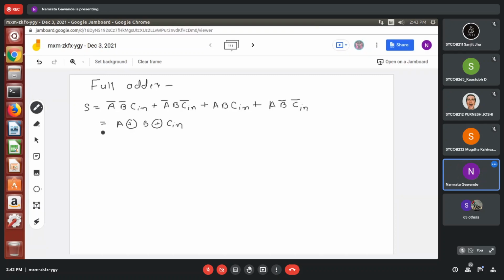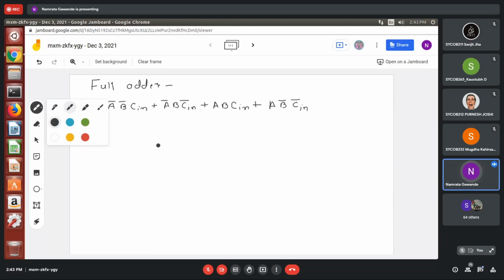Again, same here. If it is with basic gates, don't use the XOR gate. If it is done, no problem, but try to do it with basic gates also. Instead of the XOR gate, you can use AND gate, NOT gate, and OR gate. Now for this, I'll require NAND gates for this equation only.